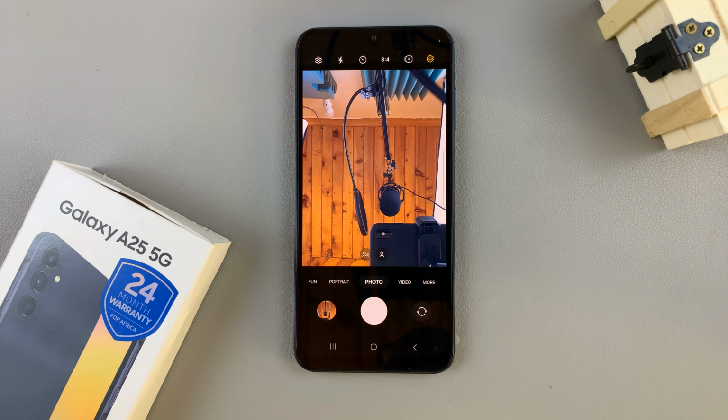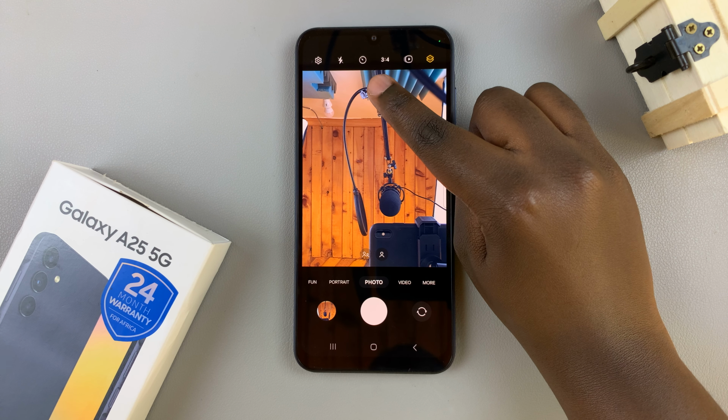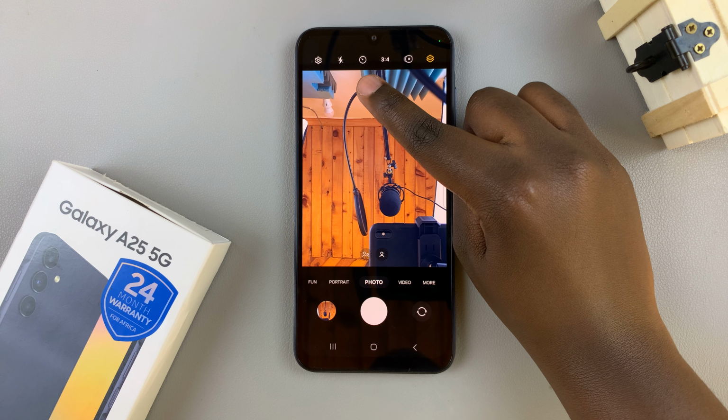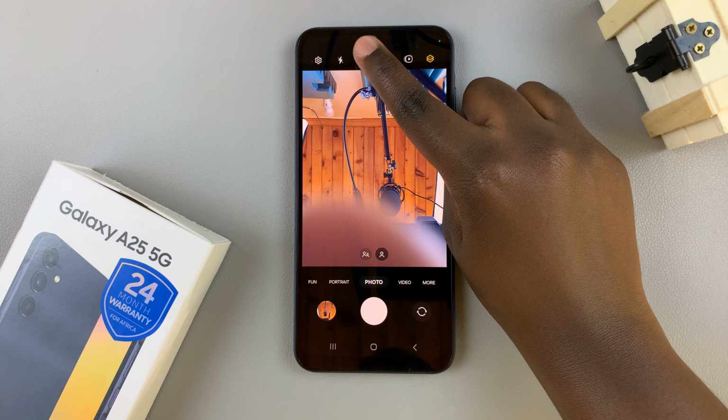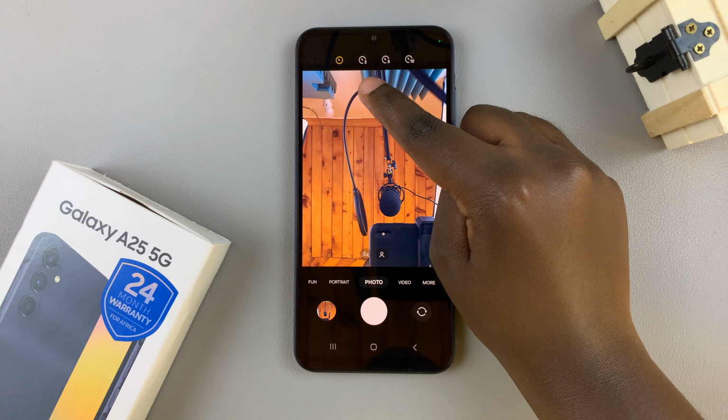In today's video, I'll be showing you how to use the camera timer on the Samsung Galaxy A25 5G. So open the camera app on your device, and once you've opened it, at the top you should see an icon. This is used for camera timing, so just tap on the icon and then you should see all these